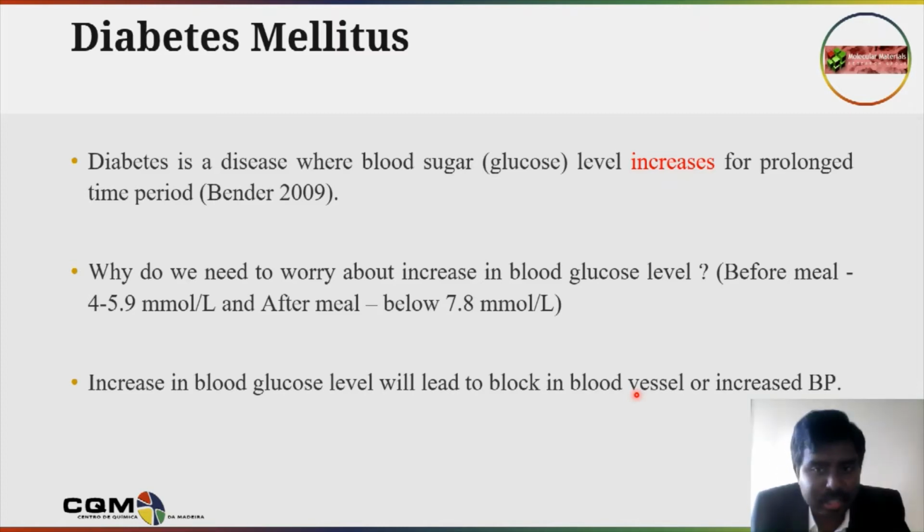So in Asia, in average condition, before meal the blood glucose level should be 4 to 5.9 millimole per liter, and after meal it should be below 7.8 millimole per liter. And if this level is increased for a prolonged time period, it is called diabetes mellitus. In general,